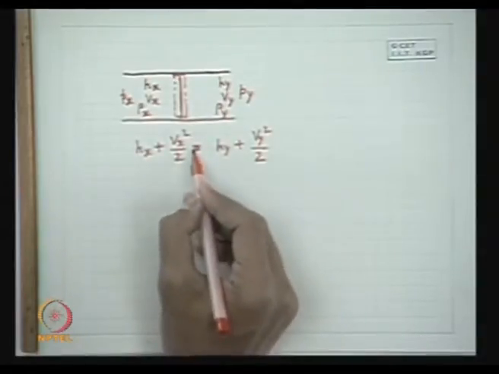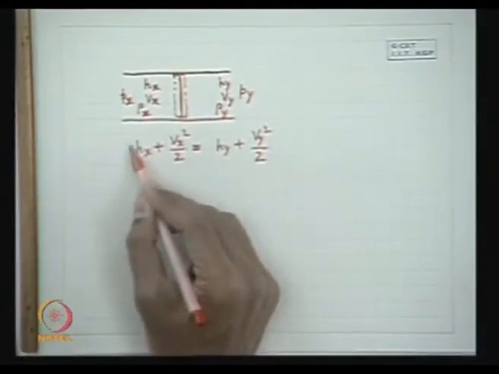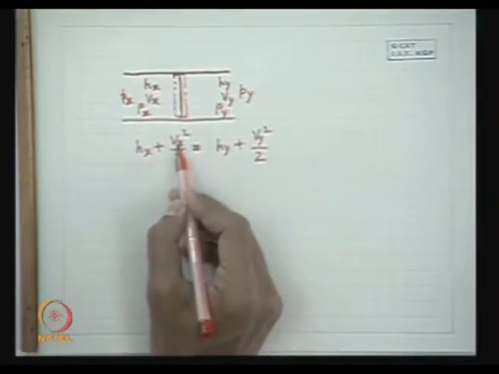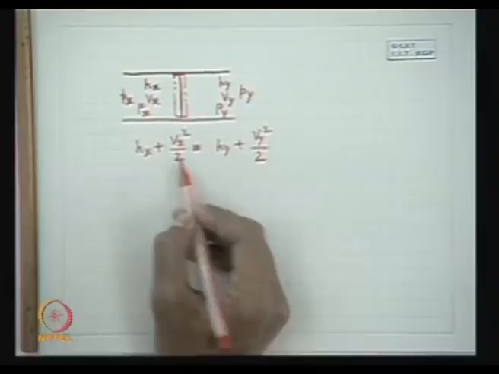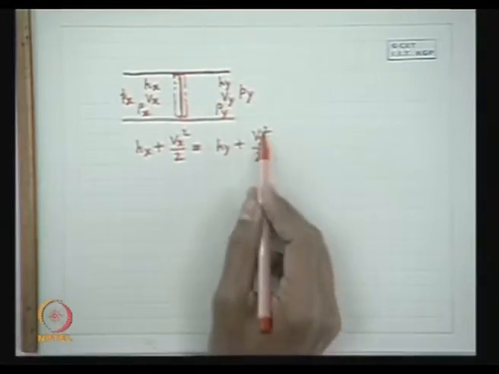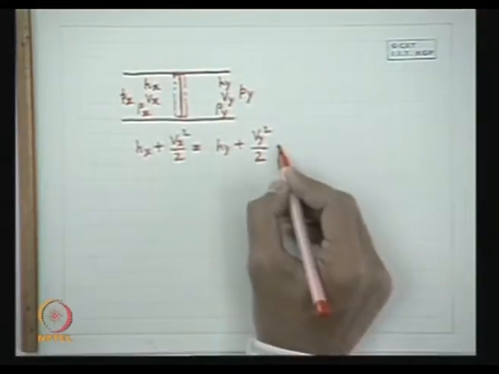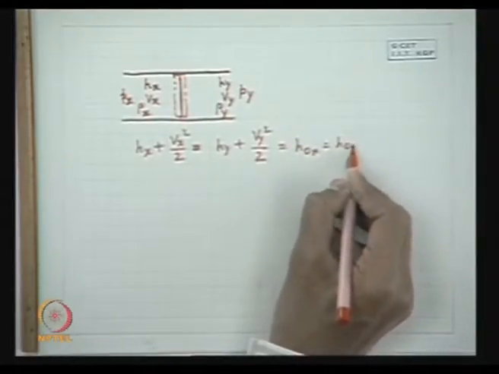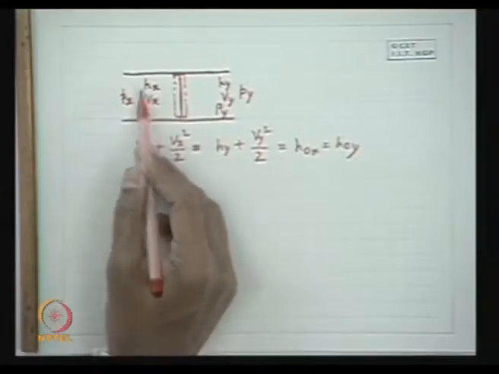That means if we impose the condition of no heat transfer, then we can write this enthalpy plus the velocity head, that is the kinetic energy per unit mass, is equal to Hy plus Vy square by 2. And this equals the stagnation enthalpy, Hox or Hoy,